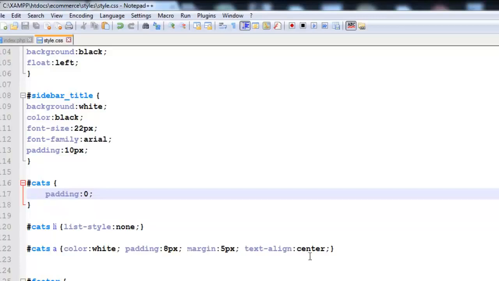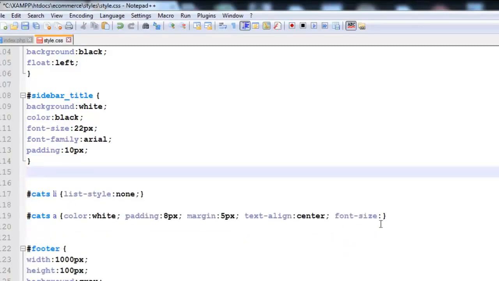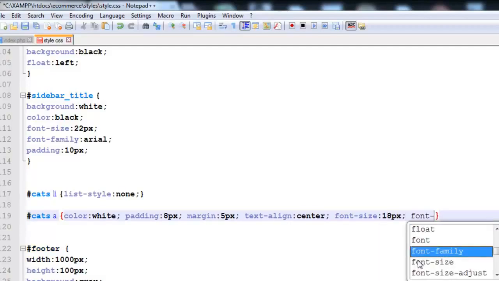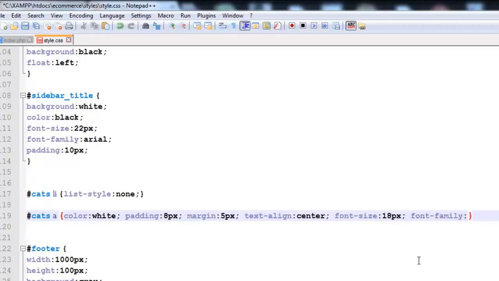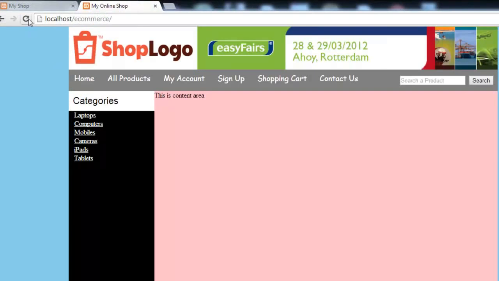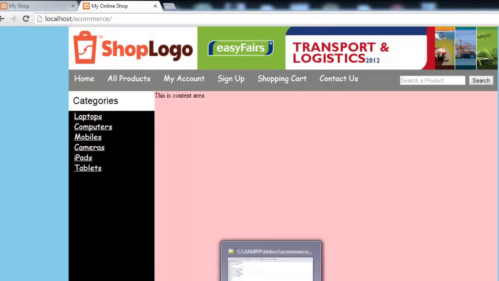Color white. Oh, sorry, I need to add some font size. We'll remove this one. Font size will be 18 pixel, and font family will be some kind of Comic Sans MS. Control S to save. Come over here, refresh the page, and you see the font size is now bigger than the previous one, but